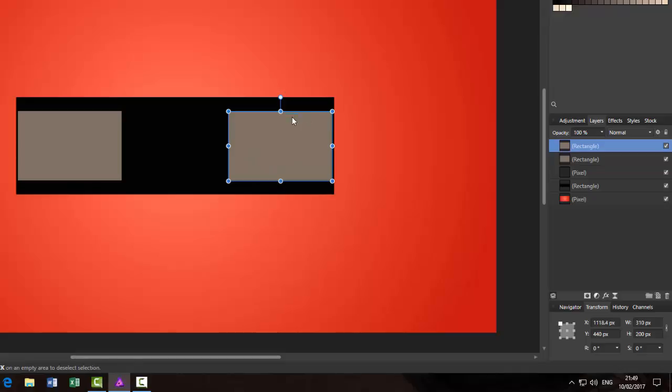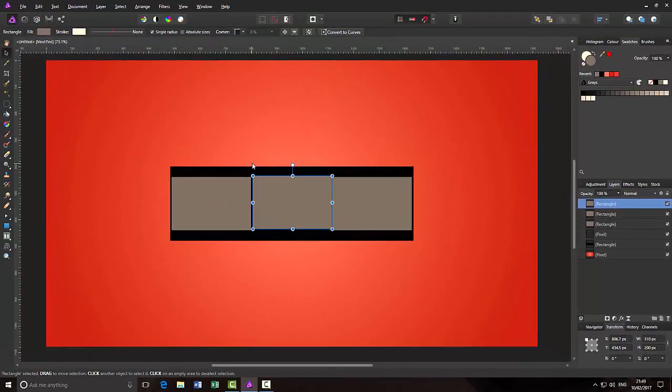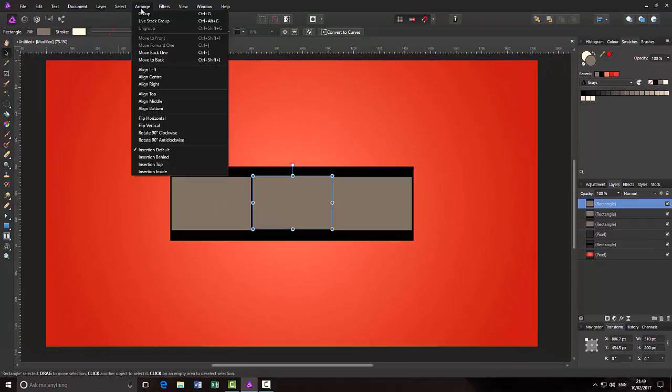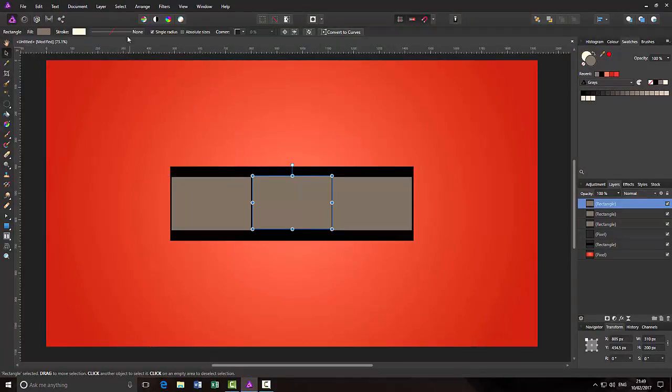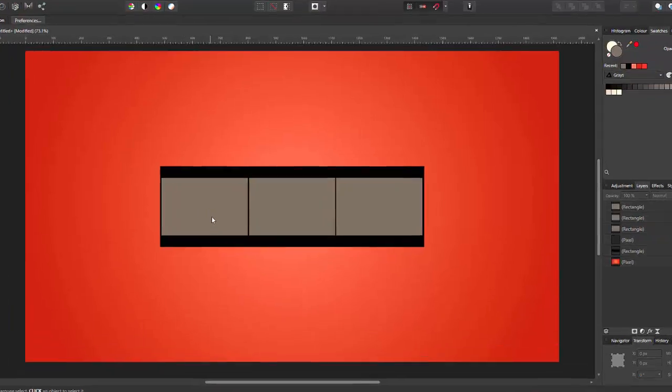So when you got one of these boxes highlighted, if you just hold down the Alt key, click and drag out another version of this grey box here, and then you can come to the arrange options and align center and align middle, and there you have your 3 boxes in the middle of the film strip, and these are the boxes that we are going to add the